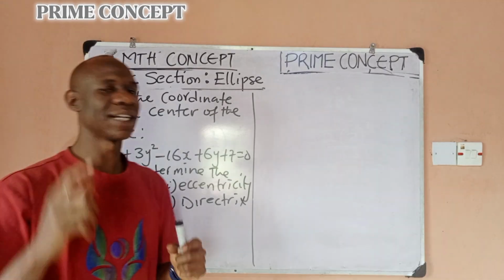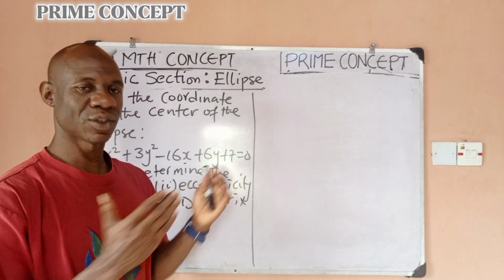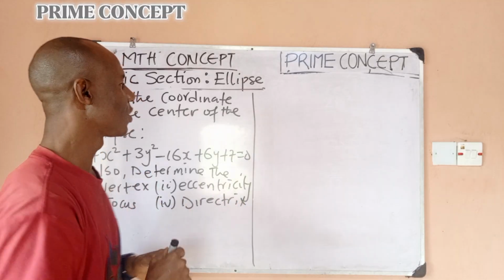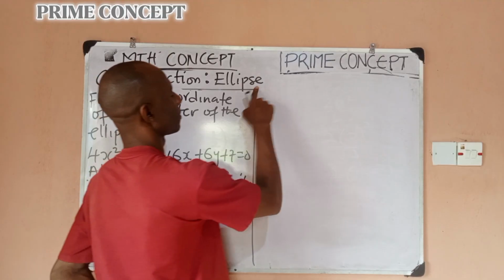So to be able to do that, you would really understand the concept of completing the square. So I'll be using that concept here to solve this problem. So do well to follow so you get it well. So I'm going to write